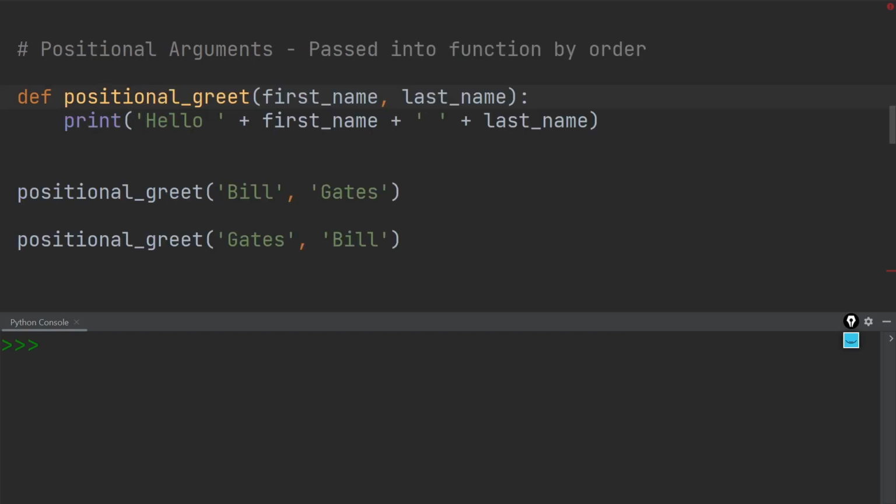Let us now cover positional arguments. When we talk about positional arguments, then we are talking about arguments which we're passing into a function call where the order of the arguments actually matters. So let's have a look at this very easy example. Over here I've defined the function positional greet, and it is a function that takes two parameter values, the first name and the last name. And all it does is it prints out hello, first name, then it adds a space, and then the last name. Now, in this very first function call over here, I've added Bill as the first name and Gates as